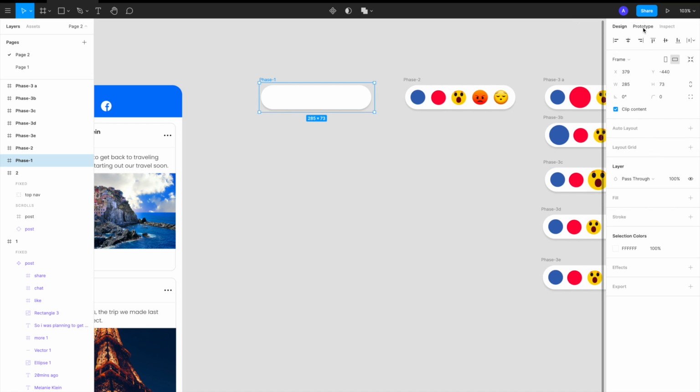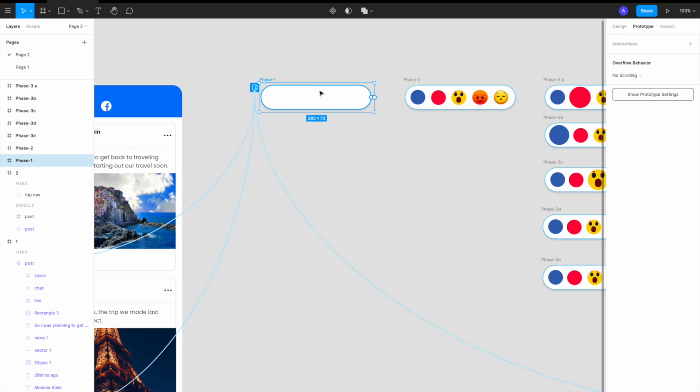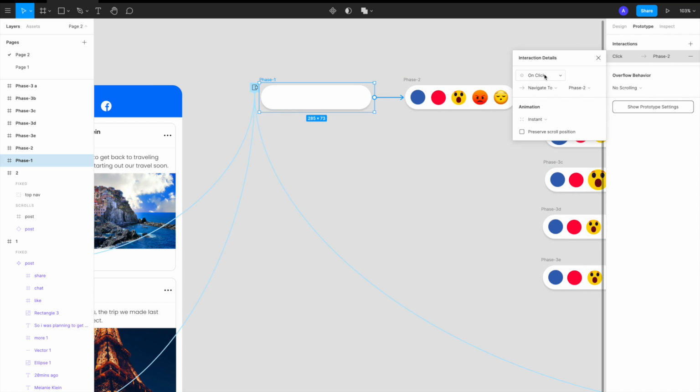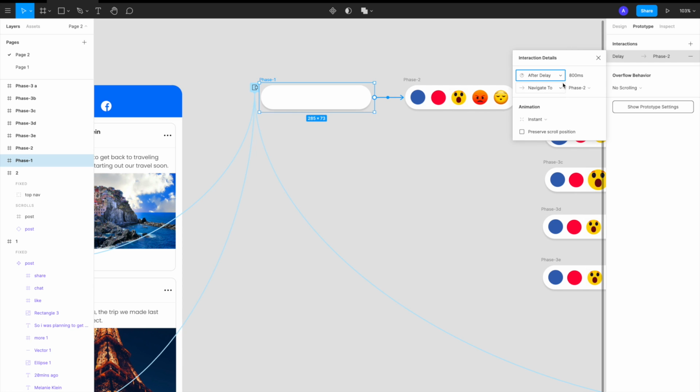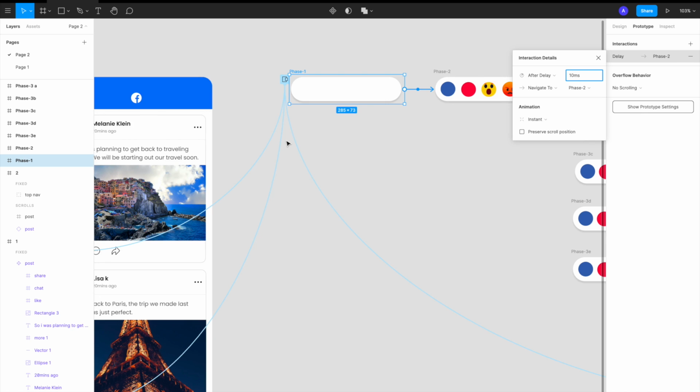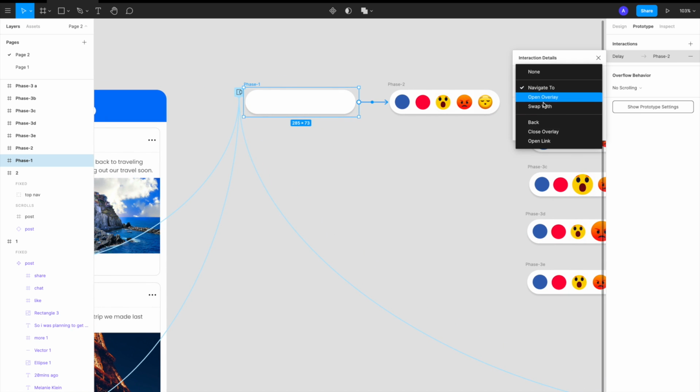So I'll click content again, go into the prototyping bit, and from here till here, what we need to do is create a link. We don't want on click, we want it to appear automatically, so we'll do after delay, and we want to give it a really short time because we want them to appear as soon as this animation ends. So 10 milliseconds should do. Then we don't want navigate to. Again, I've told you, since everything is happening locally here, we don't want movement, we want it to appear in the same place. So instead of navigate to, we need to do swap with.